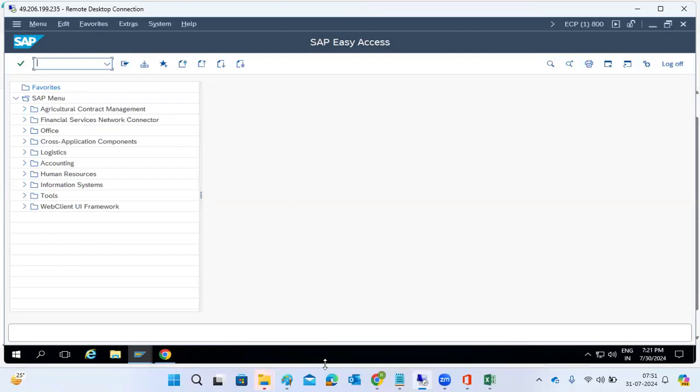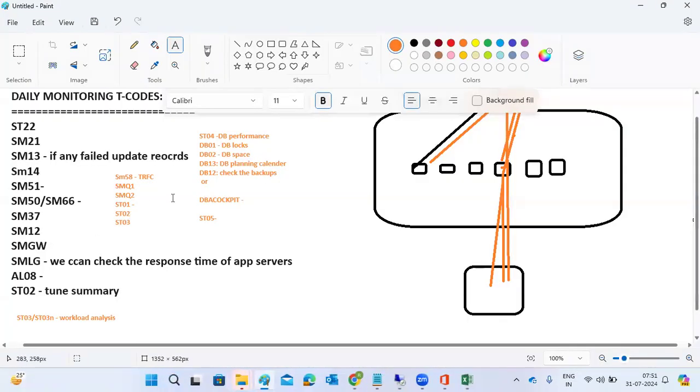So ST01, ST02, ST03, ST04, then ST05, ST06: CPU and buffers, right? OS level things here. ST03 is SAP level workload performance and everything. Then DB02, DB03, DBA Cockpit is the database level. So we need to check the performance of these three layers here,